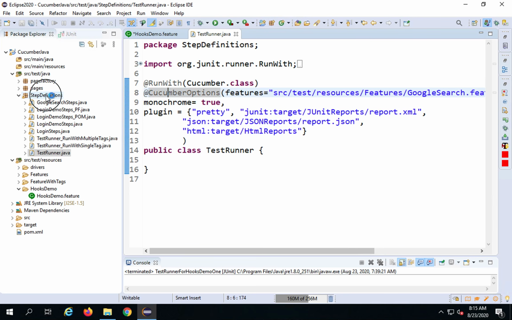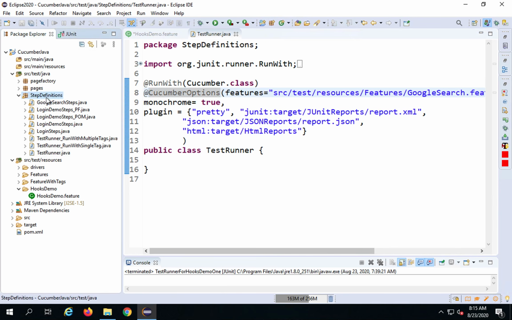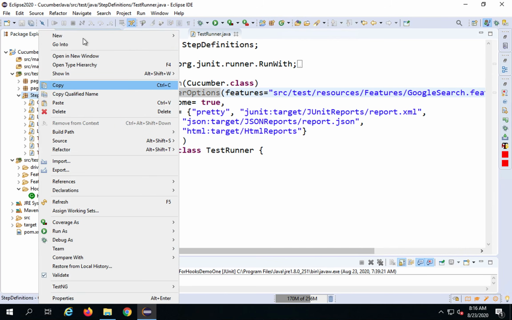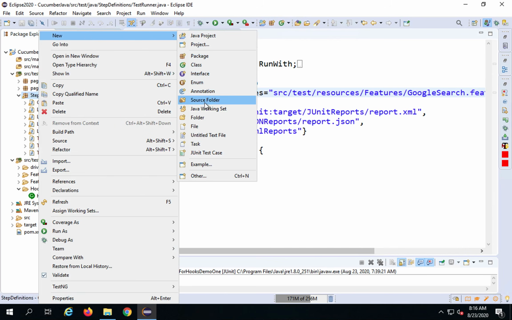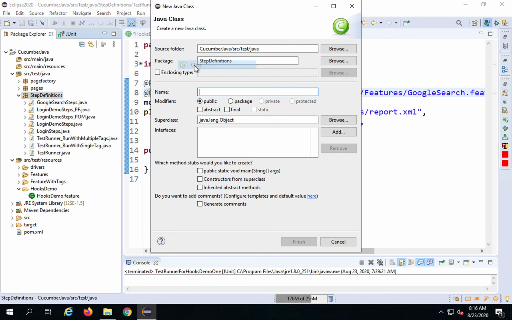So in my step definitions package, I will do a right click and say new, and I will create a class. I will say test runner for hooks. Now I am creating a new test runner just for documentation purposes. So when you have this project, I will put this project on GitHub, and if you get this project from GitHub, you will have all these test runners separately created in the project. And I will say finish,